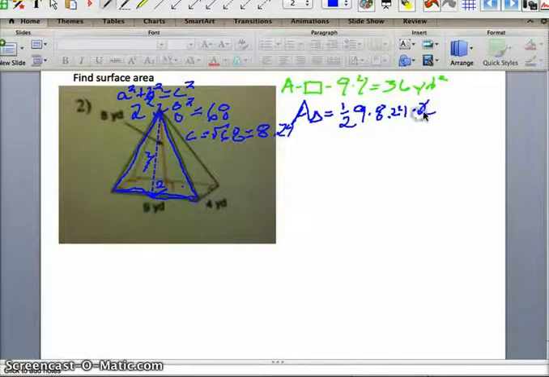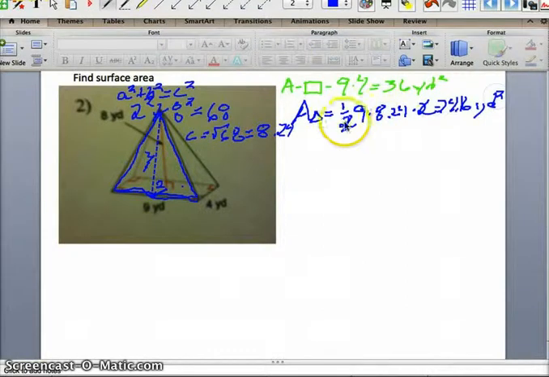Well, quickly I can cancel out the 1/2 and the 2, because 1/2 times 2 is going to be 1. Now we've got 9 times 8.4. That's going to equal a number. And let me clear this. So I've got 9 times 8.24 equals, that's going to equal, come on over here, there we go, 74.16